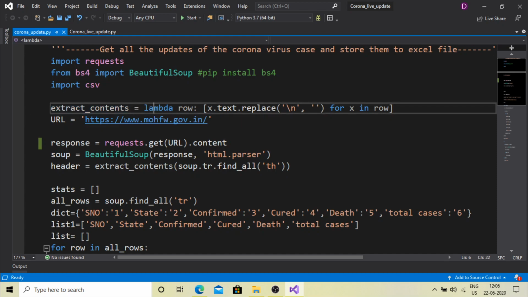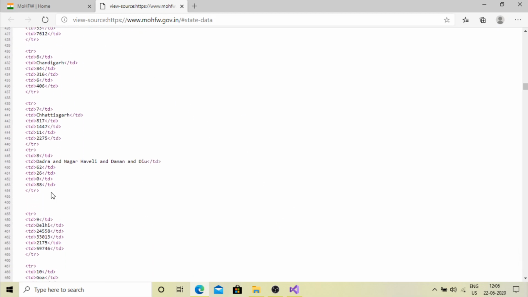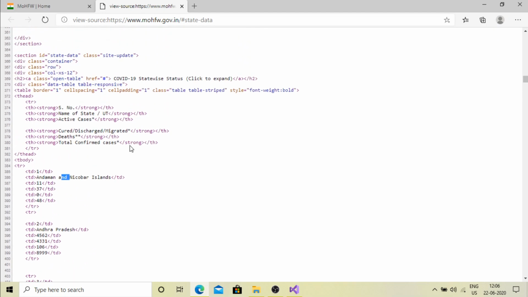As from the name, if we visit this website, we want to extract information like cured, discharged, migrated, or death. Instead of these tags, we only want this information that is written in black color. For extracting this information, we have too many tr tags, and from all of them we want to extract this information.